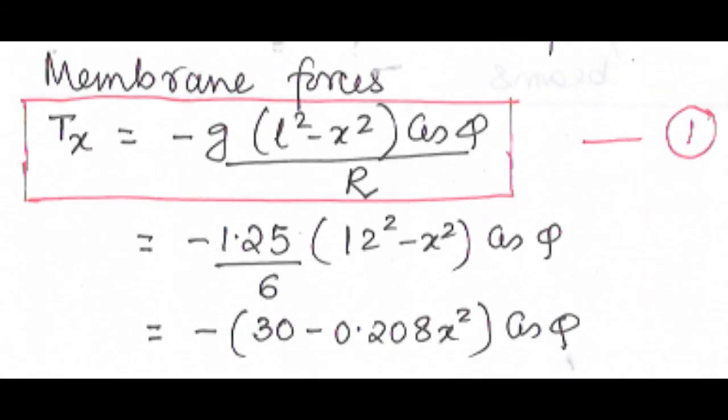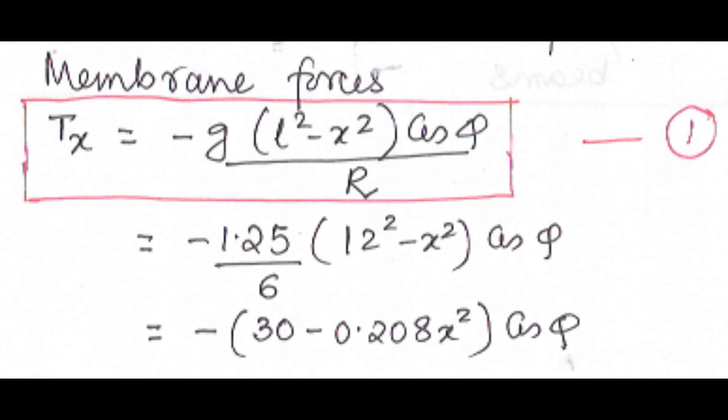In the last problem we solved for the case where snow load is acting on the curved surface of the shell: how to find the membrane force, the maximum stress, the maximum bending moment. Now, similarly, we will solve this problem for the shell structure where snow load is not acting, but there is only self weight. So due to the self weight of the shell, what will be the maximum stress and the maximum bending moment? How to find self weight, I have already discussed.